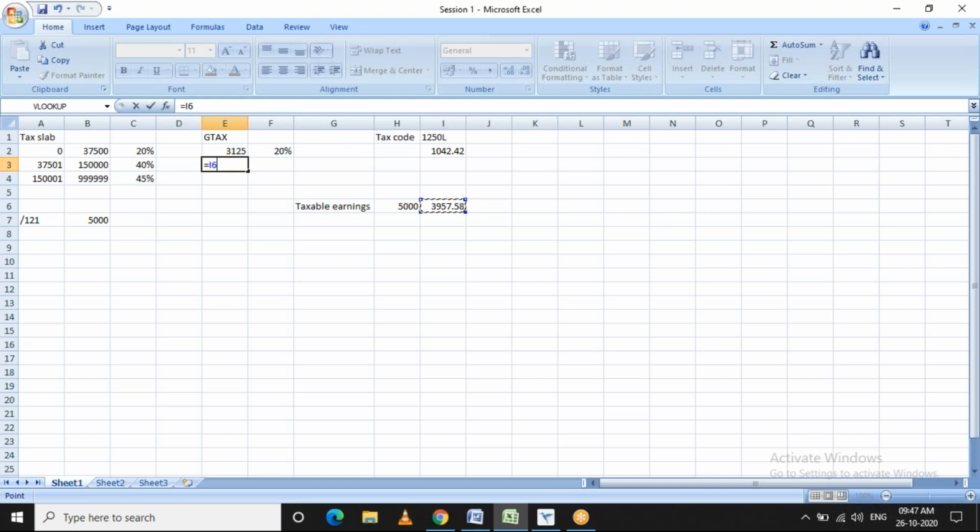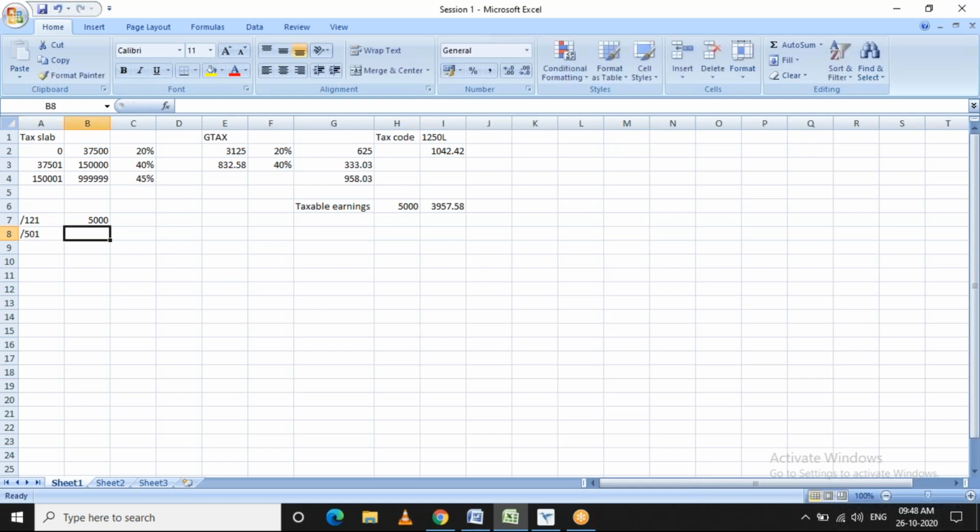That is 3,957 minus this value, so the balance of 800 pounds will be calculated at 40%. Then this will be the tax to be paid.